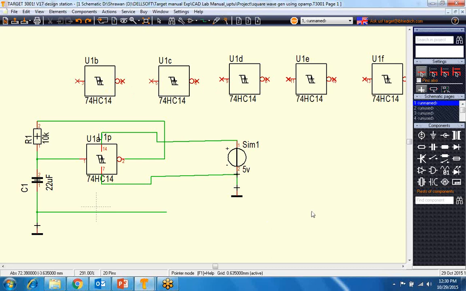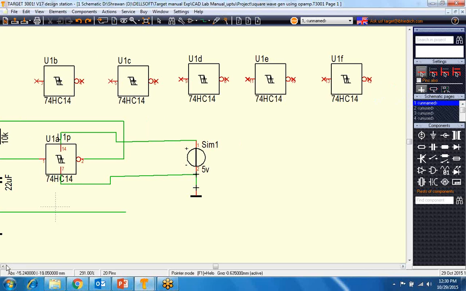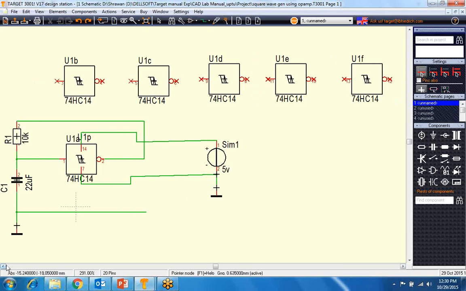It is not needed here, but you have to place it so that component placement is completed. Pin numbers are also available, and they are completed when you import the whole circuit. So we just need this one only, but you have to import the other part also. I've connected this through voltage, and you can simulate it through this.